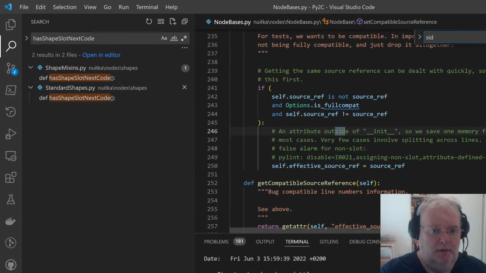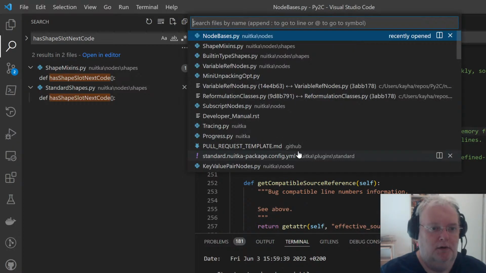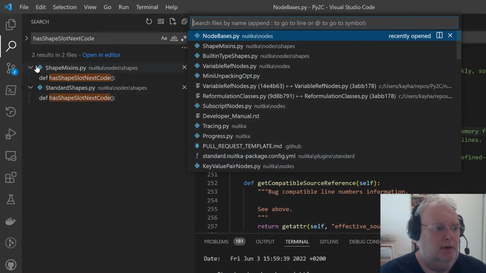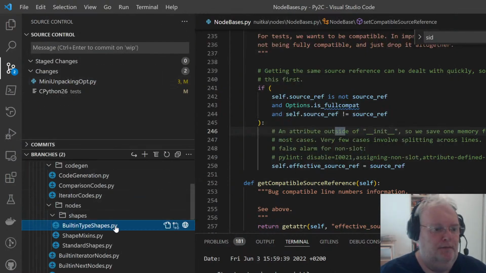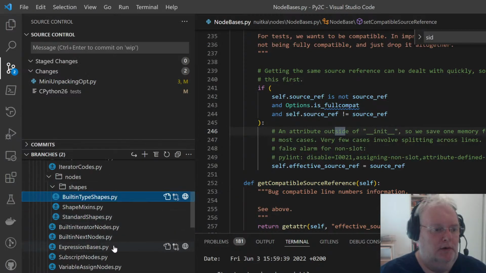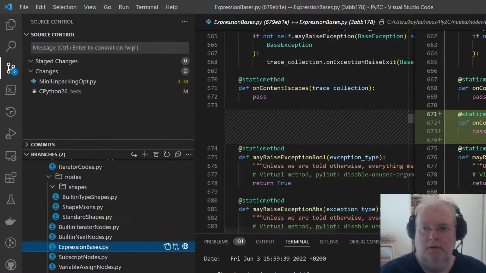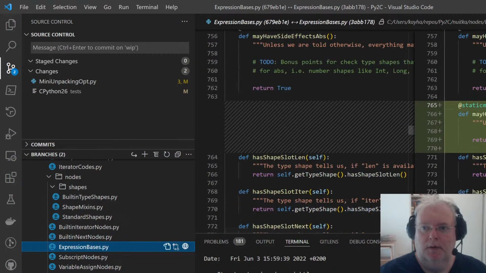Side if, or was it expression basis? We have side effects. Let me go back to the diff. Node basis. We looked at node base, expression basis here. And content escapes may have side effects.